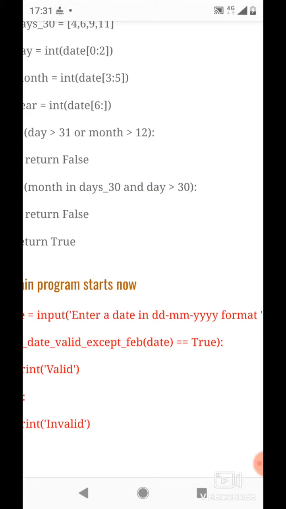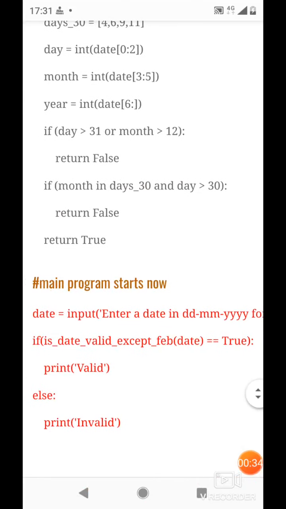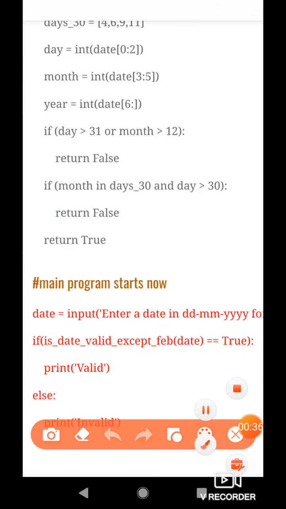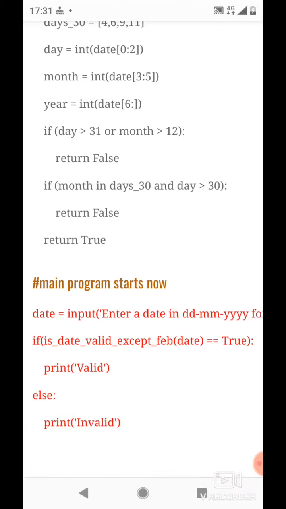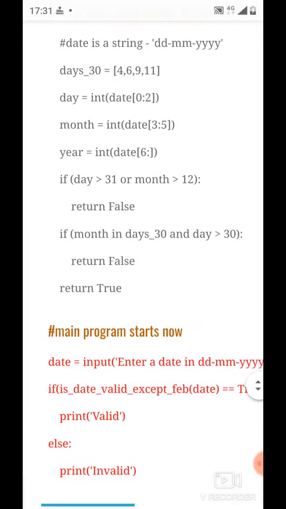And if that also doesn't happen, that means this condition fails and even the previous condition fails, then we can say that the date is valid and we return true from this function. So this is the working of the is_date_valid_except_feb function.